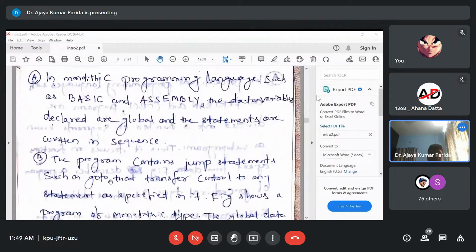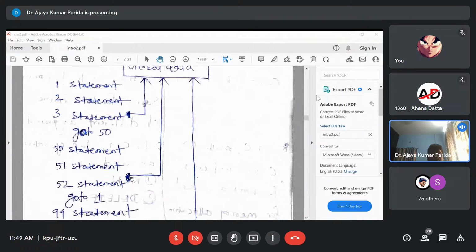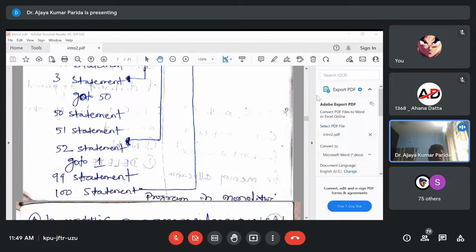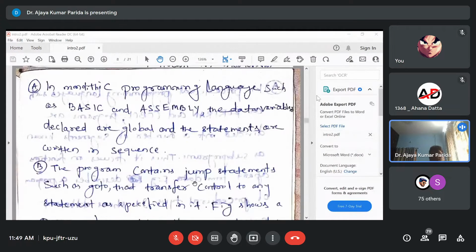The program contains jump statements. You see here, suppose we are at statement 52 and we need to go to statement 1. So here we write go to 1. From any statement to any statement we use the go to statement. Or we are at 3 and we want to go to 50, so we write go to 50. Immediately control will move from that statement to statement 50. So the program contains jump statements such as go to that transfer control to any statement as specified in